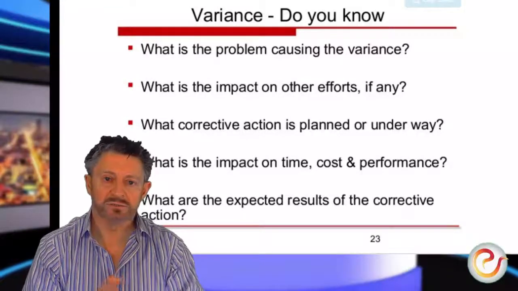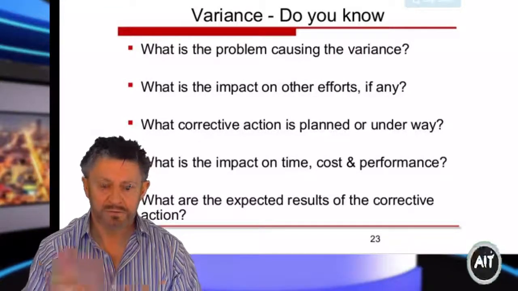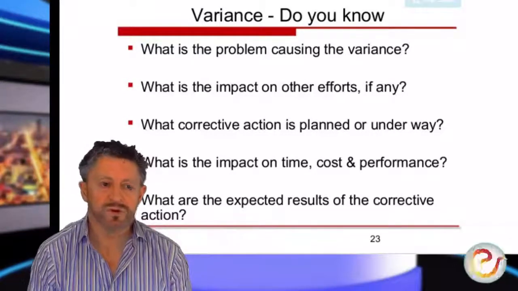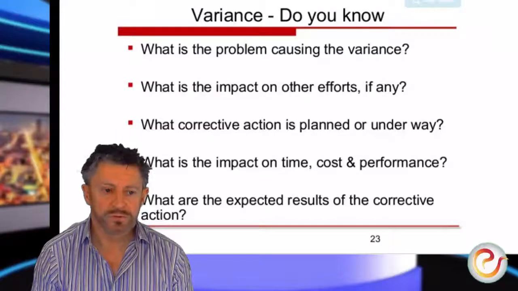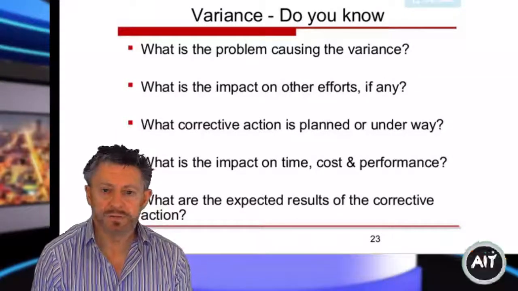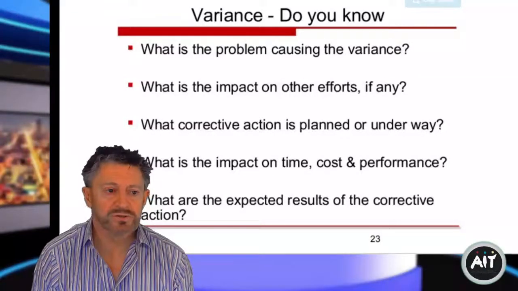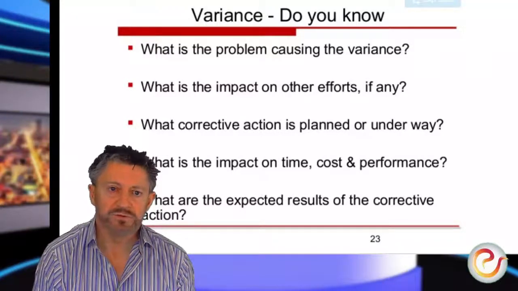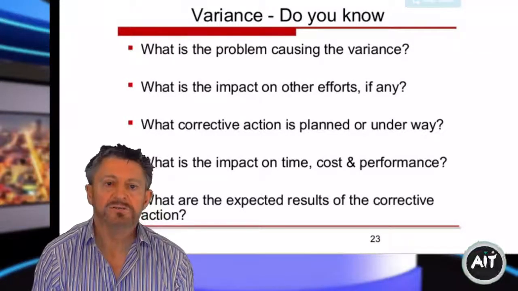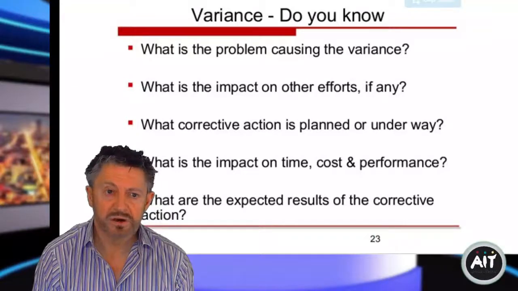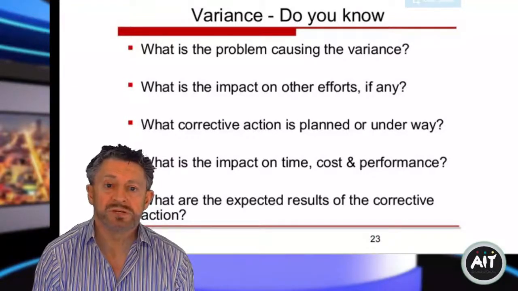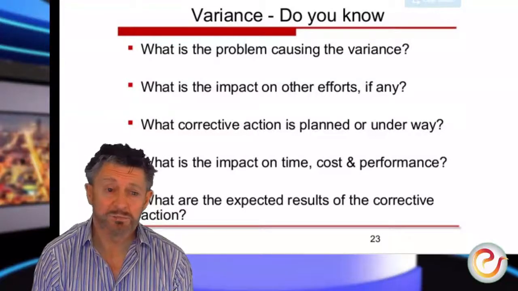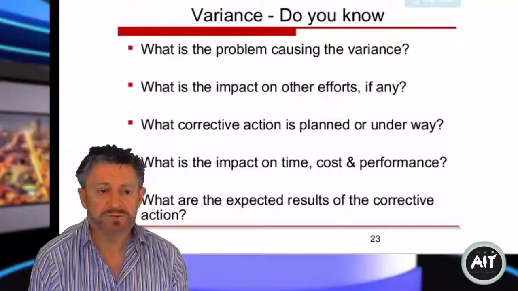That's a decision that the project manager and the team and the champion or owners of the project have to agree on. So what corrective action is planned or underway? That's basically what I've just described. What is the impact on time and cost and performance if we don't take any corrective action? And if we do take these corrective actions, or we might choose to take alternative corrections, we'll investigate what's the best way to try and bring this back,